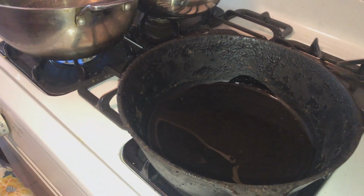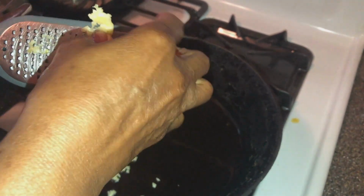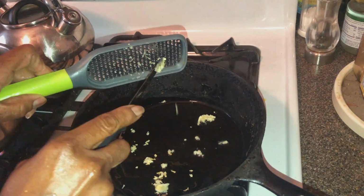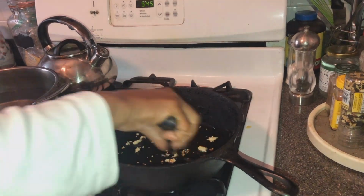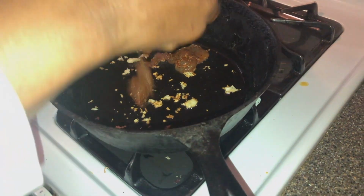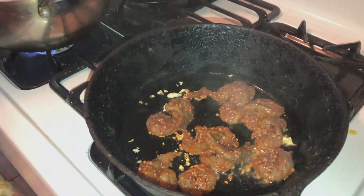essentially you want the vegetable oil to get really hot, and then while that's also getting hot, I put water in a big pan for the pasta. So what you see now is just sprinkling some garlic into the pan, and then afterwards you're gonna see that I put the shrimp, and the shrimp is seasoned with the seasonings that I listed earlier. You can season them however you want, and then flip them over, let them cook for a while, and